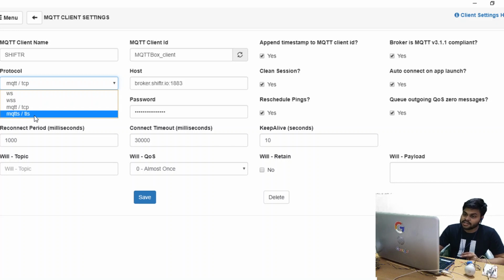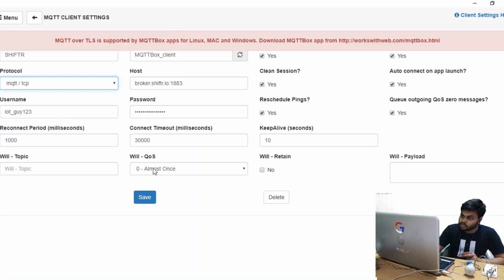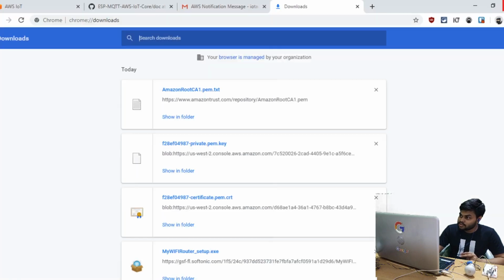TLS is the latest version of SSL, TLS 1.2, and it's not supported in the Chrome plugin, so we need to download this MQTT Box app from this website, or from the Microsoft Store. I have already downloaded it from the Microsoft Store.